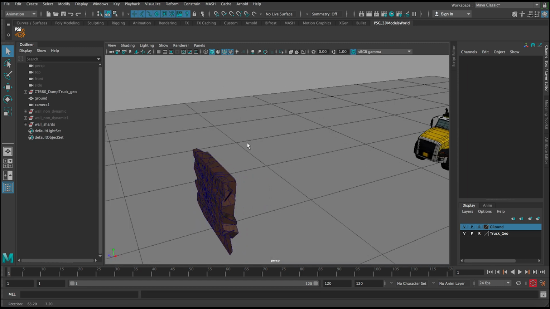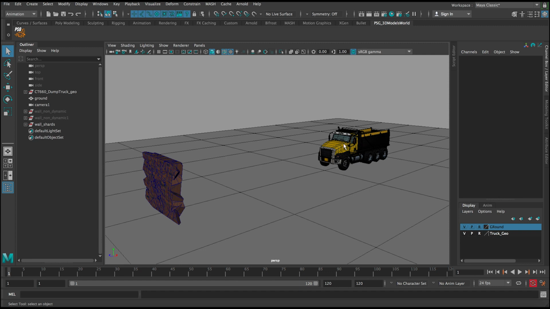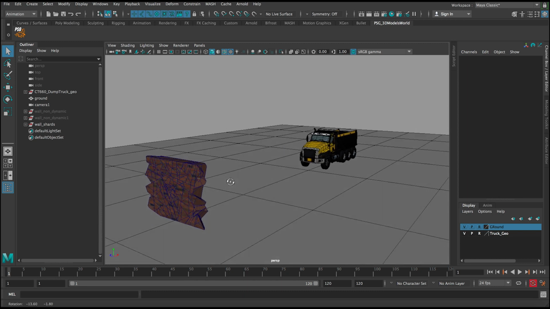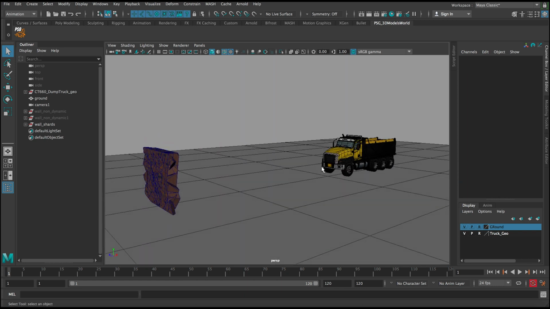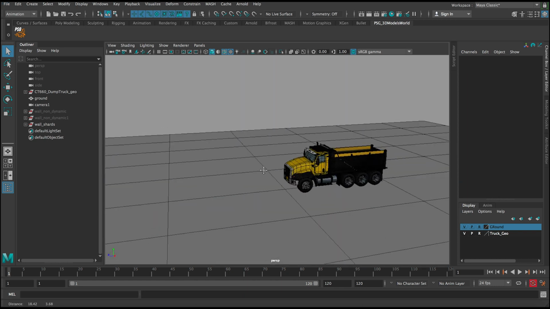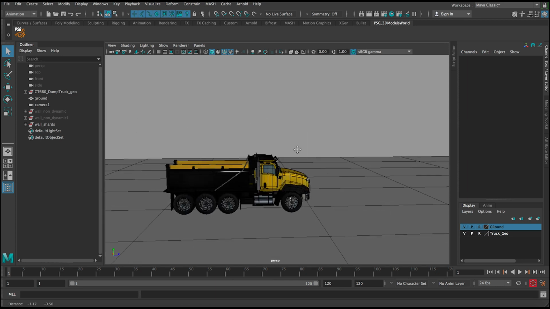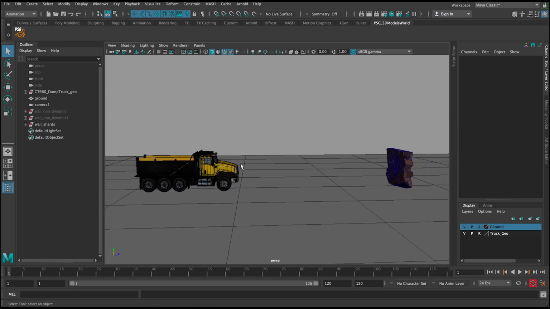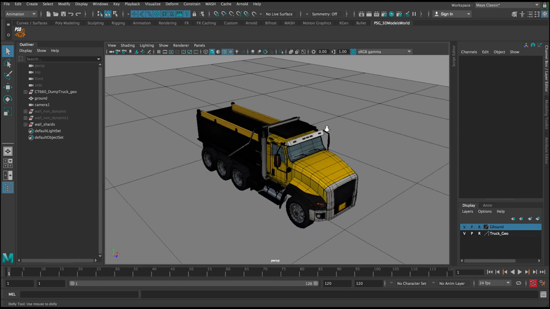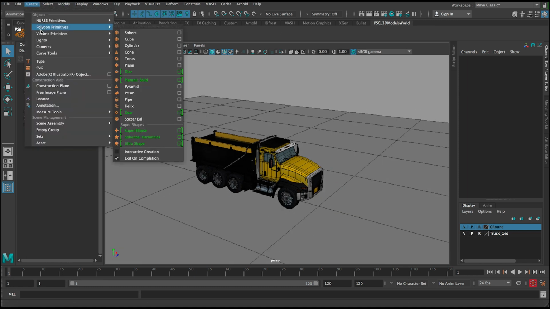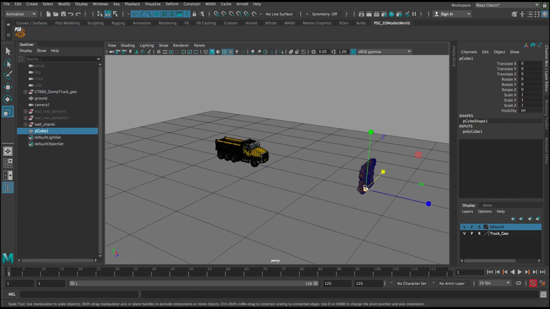And the thing is, sometimes you get geo that's really heavy. For example, this geo is not really heavy. It's not that high poly, but sometimes you get super high poly models with millions of faces, and you can't have dynamics applied to them directly, because that's generally not a good idea and might cause some issues for you. So what we're gonna do is create some kind of shell representing this truck, and then we're gonna have this truck driving this shell, and this shell is gonna be the one that's destroying this wall. To make it easier to understand, I'm just gonna go create a polygon cube,